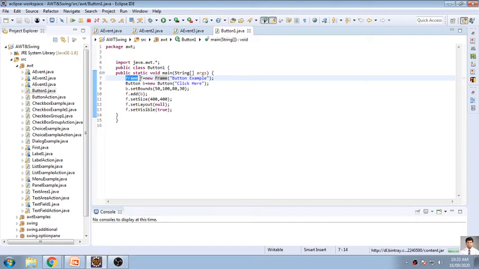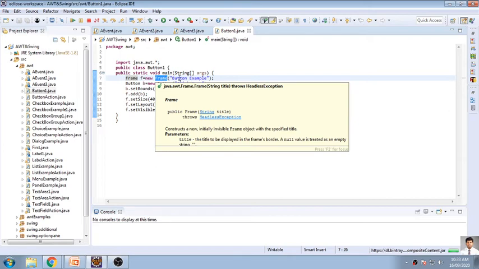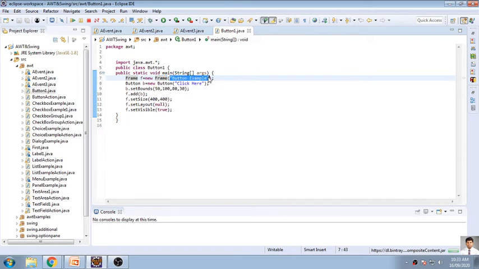So my first duty is that I have to create the object of the Frame class. So Frame f is equal to new Frame, and I'm giving a name to this frame. So we'll see the output of this where this button example is being displayed. So you can give a name to the frame also. This is nothing but you are passing some value to the constructor of this frame. Now it is the duty of the constructor to display this in a specific part of your frame. So I'm creating this one.